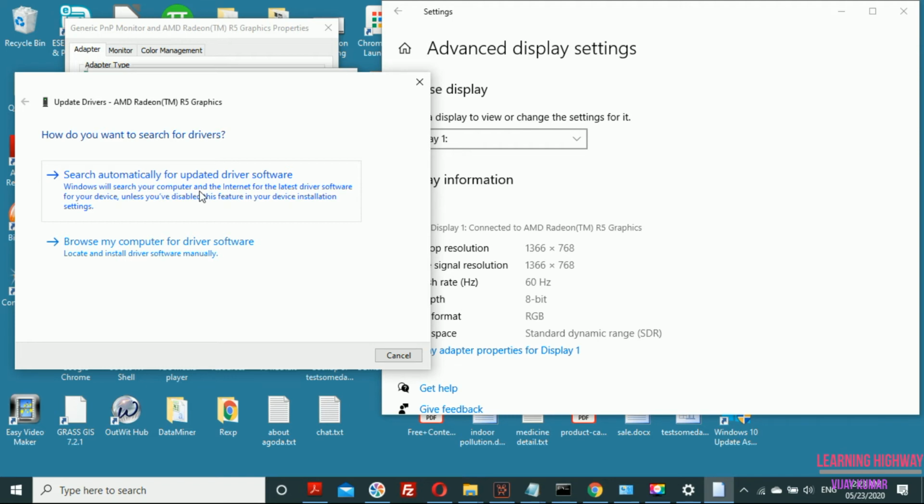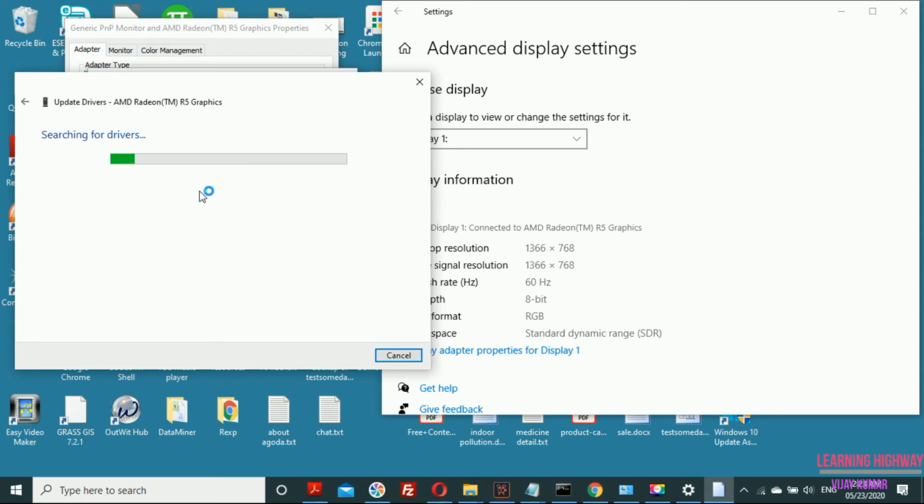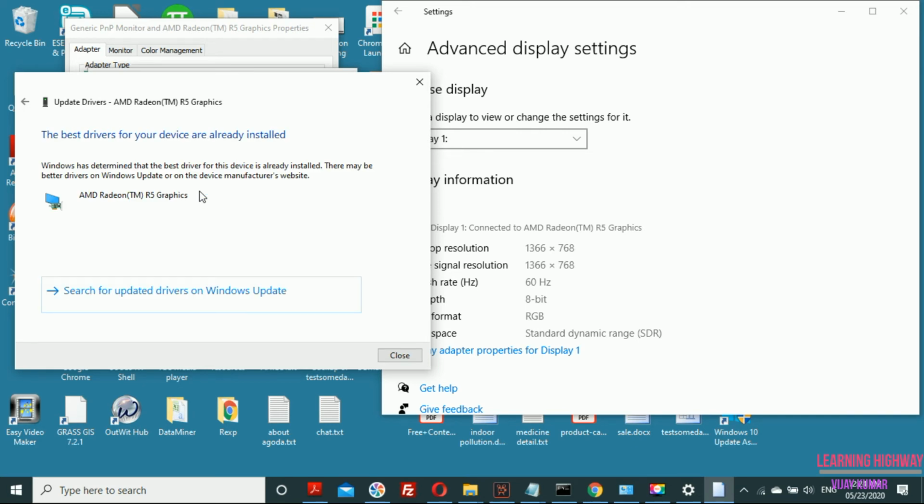It will automatically search for you and update the driver. When I click on this, the system is searching online for drivers. So in my case it is giving me information that the best drivers for your device are already installed.